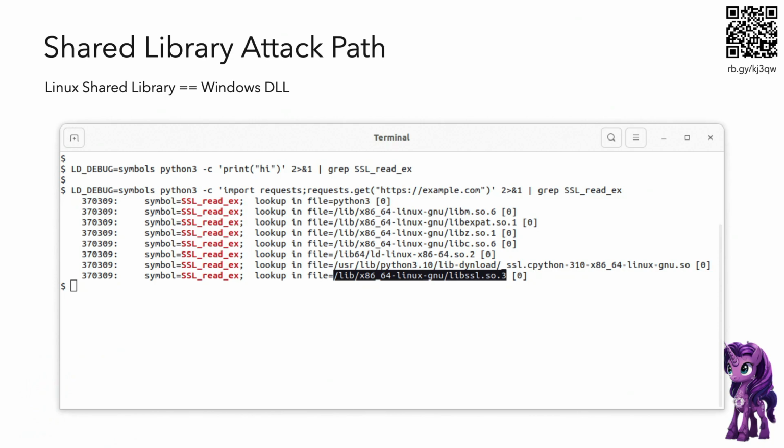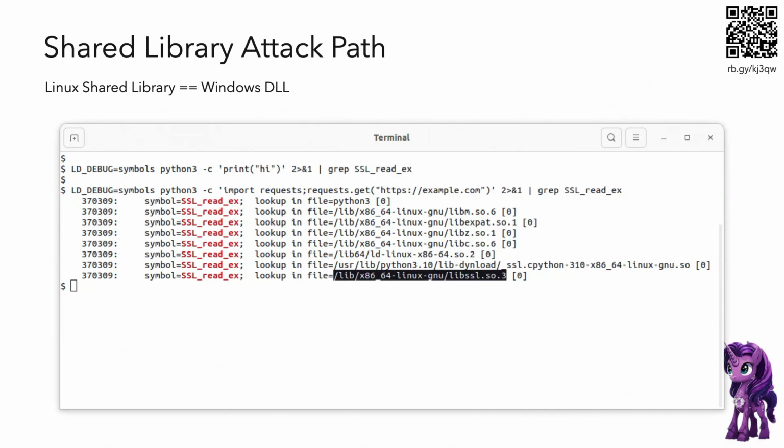I wondered whether I should include this slide because it was incredibly useful for me to understand how this is all going and then figure out what the actual SSL function is called, because I didn't know. There's this awesome thing in Linux, LD_DEBUG, and you can say all, symbols, bind, various things. And then you run the command you're interested in, and then you can look for what you're interested in.